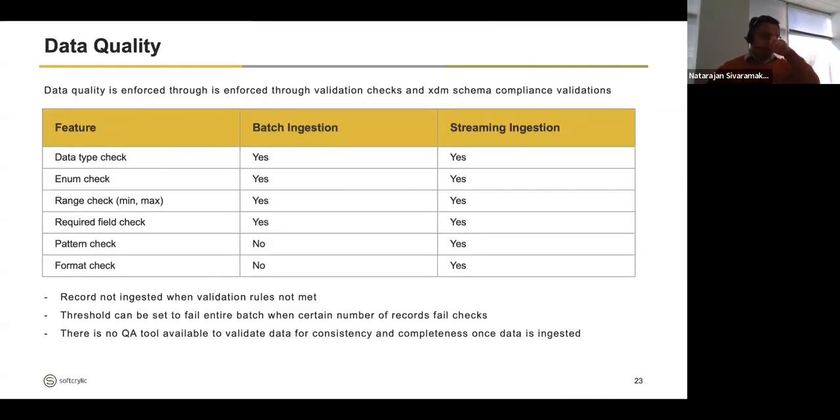As part of the data quality, these are all the different types of data quality rules that AEP allows you to set up when you ingest data into it. You can do data type checks, enum checks, range checks, pattern checks, and format checks. Some are supported in batch ingestion, some are not. Now, as I said earlier, the biggest problem with this is that there's no alerting mechanism. And also,